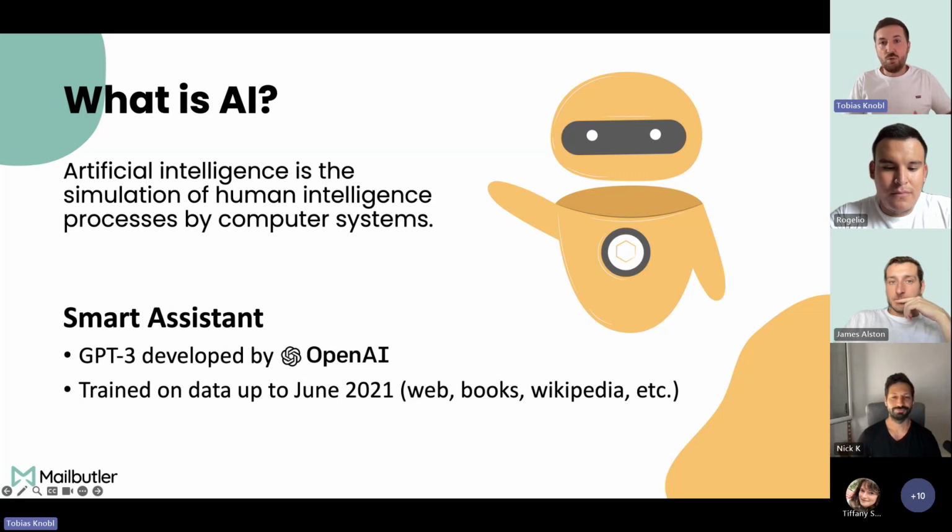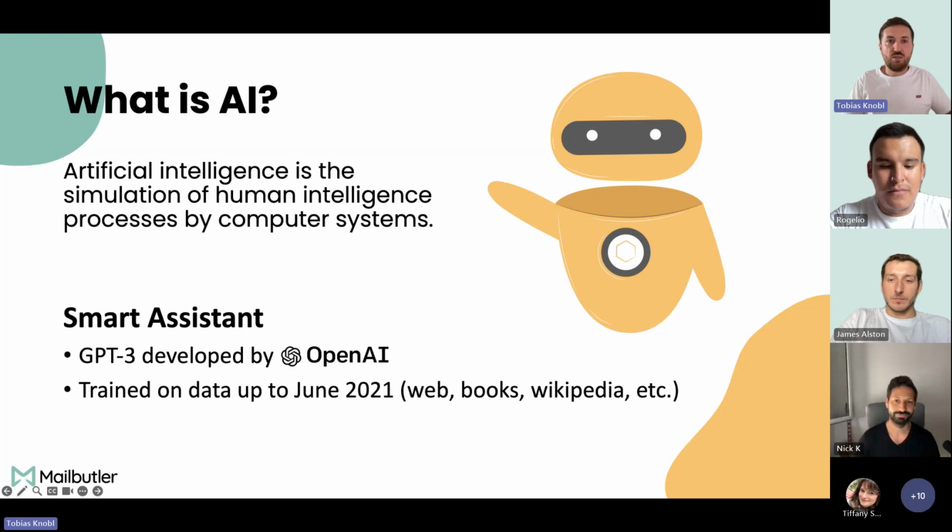And our new smart assistant feature is using one of the most powerful AIs on the market. You might have already heard about the company OpenAI. OpenAI is actually the company behind the very popular service ChatGPT. I think many of us already used it, this very nice chat tool, which helps you with all kinds of different questions, problems, whatever you need, you ask ChatGPT.